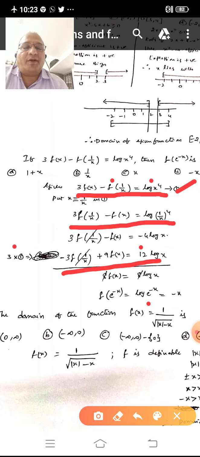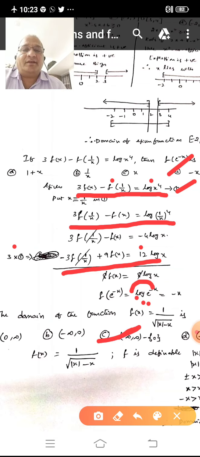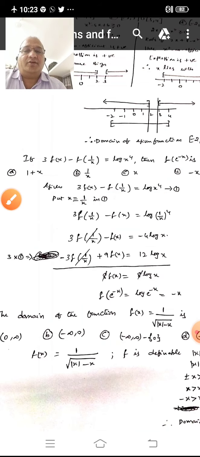Here we have the property log a to the base a is equal to 1. Here the base is not given, means the base of the log is what? e. So log e to the base e, the power will become a product. So we'll get minus x. Therefore finally the answer, which is the right option, minus x is the correct answer. Next, come to the third question.